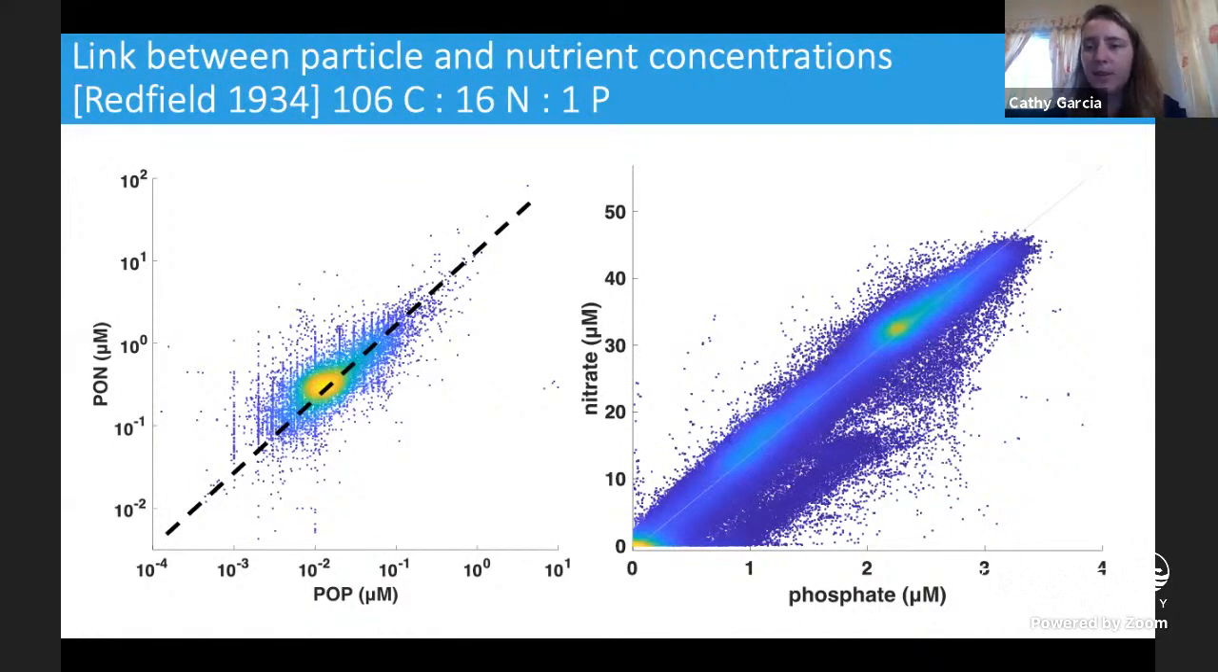Okay, so if you can see on the right-hand plot, there's this very tight relationship between nitrate and phosphate where they all fall along this line. And on the left, if you plot observations of surface particulate organic nitrogen with particulate organic phosphorus, you see they also roughly fall on this line, not 1-to-1, roughly 16-to-1. So based on this, Alfred Redfield came up with